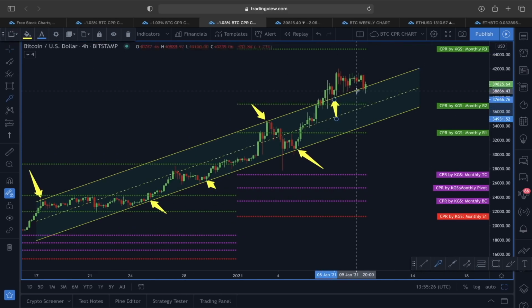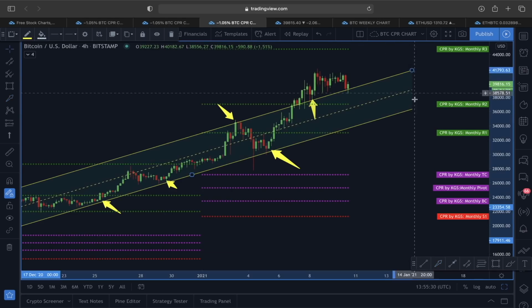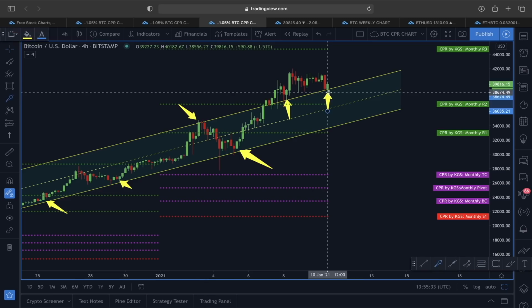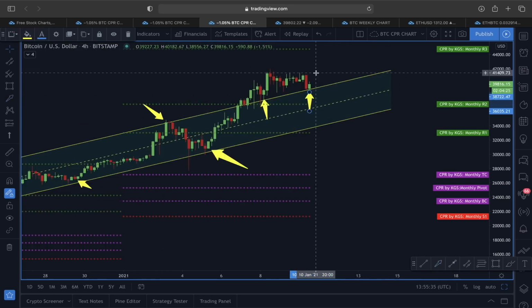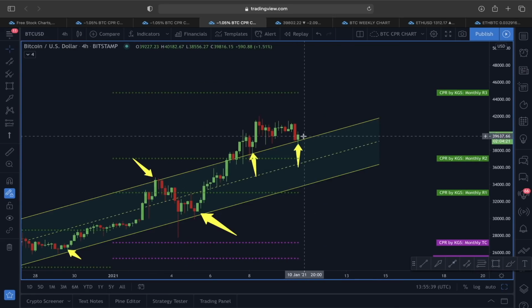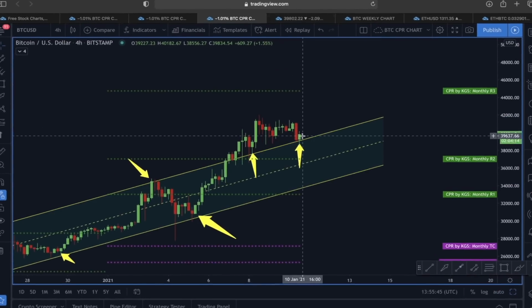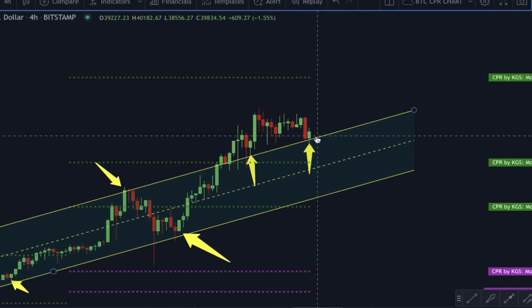We found a support at the upper line area, and you can see this trend line here, this is also exactly where we are finding support. Look at this, right? This is also a very, very interesting scenario, because if this price is going to find support here, then we are actually going to look at more of a sideways market in the upcoming days for Bitcoin,